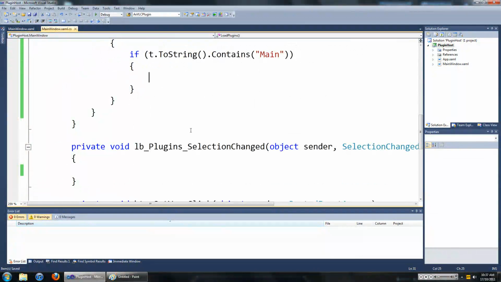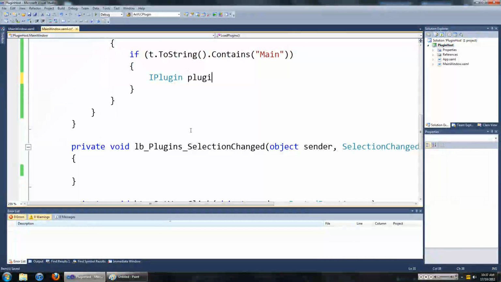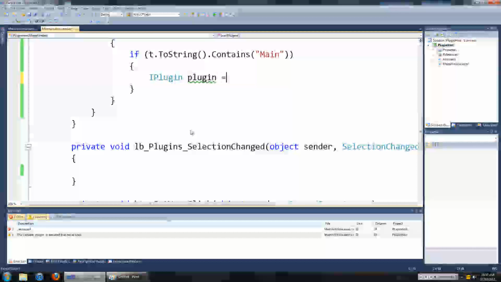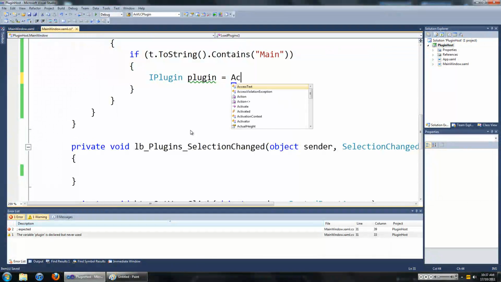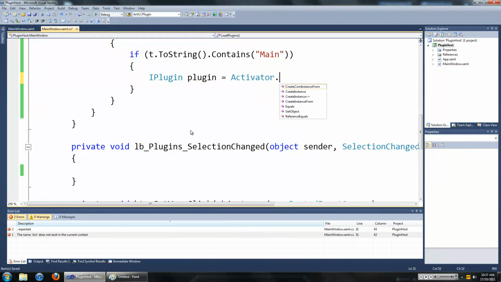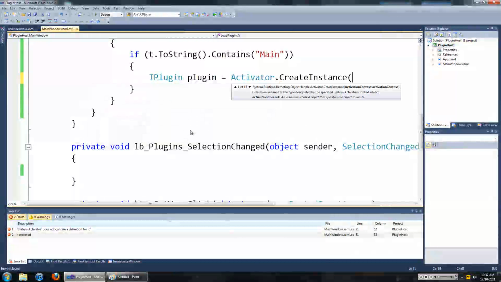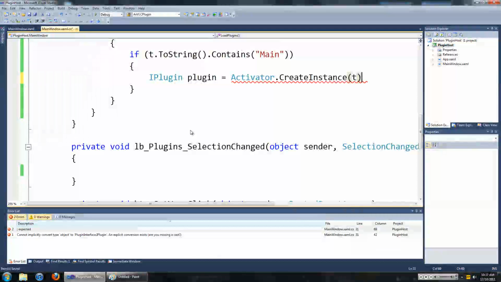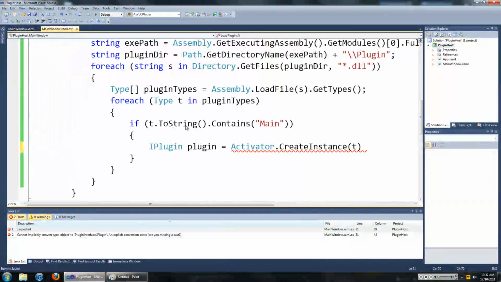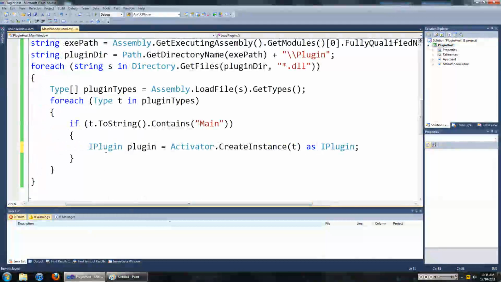So we're going to go IPlugin plugin, and we're going to load it by Activator.CreateInstance, and it will be of that type Main. We're just going to type in as IPlugin so that we can store it as an interface plugin thing in our program.